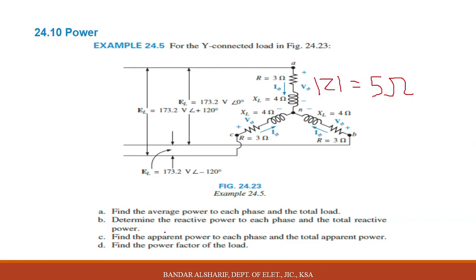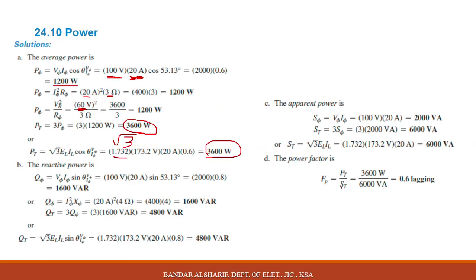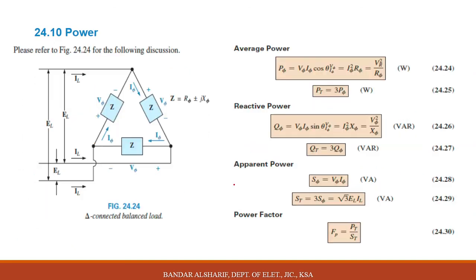Part C, find the apparent power for each phase and the total apparent power. Voltage phase by I phase, 100 by 20, 2000, multiply by 3, 6,000, or V line, I line, root 3, you will get directly 6,000. Last point,